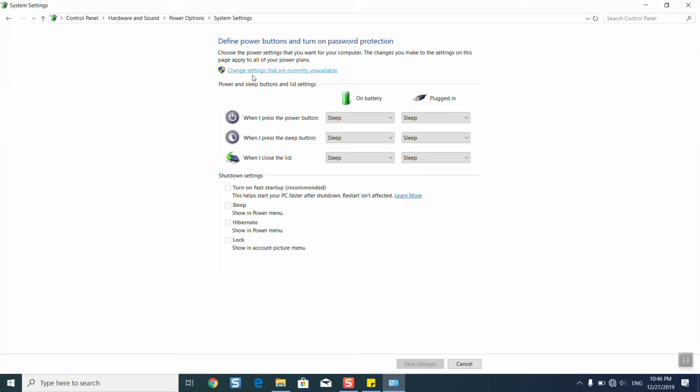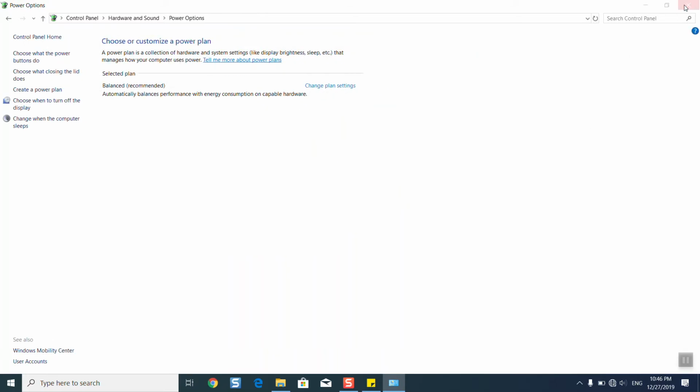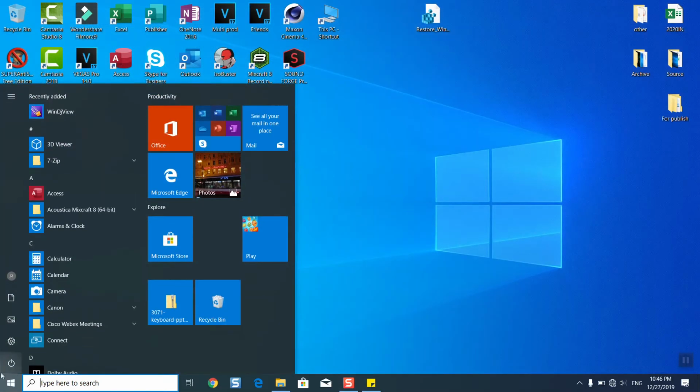And here we're going to click Change settings that are currently unavailable. And here we're going to select the missing Sleep button. Once done, click Save Changes. Close your control panel. Go back to check on the Start menu on the